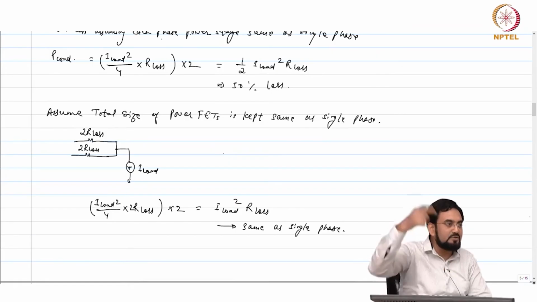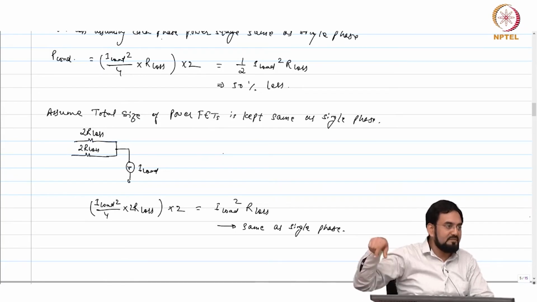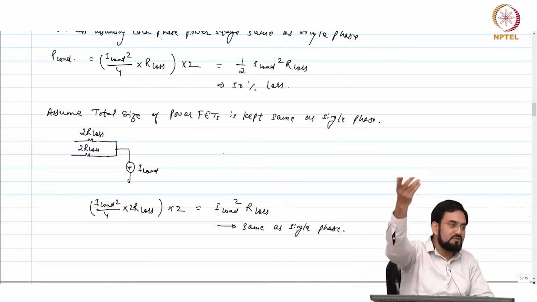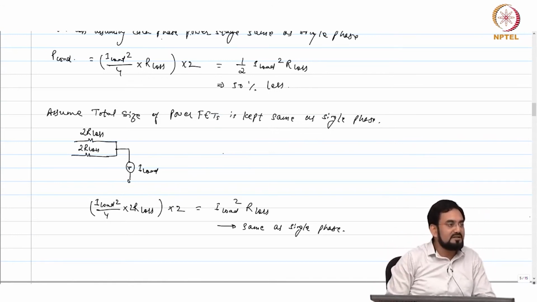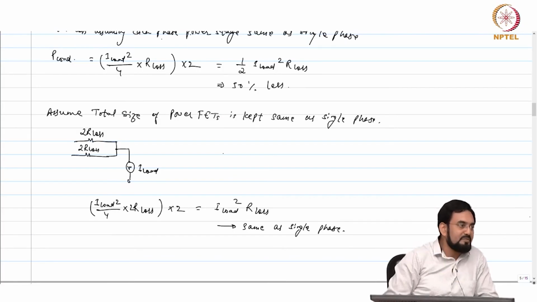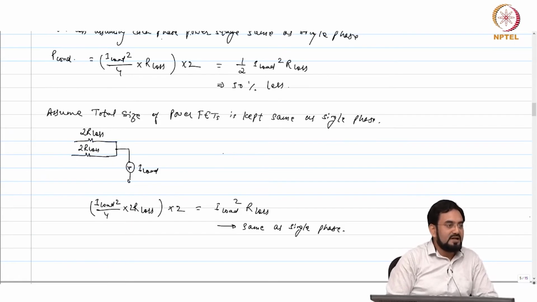Now split in the 2, each will be seeing only 1 amp current. Correct? Because the 2 amp will be split into 2, so each will be carrying equivalent to 500 milliamp load. So there you may see more benefit compared to buck in terms of losses, and losses will cause